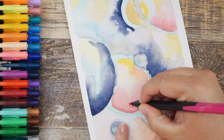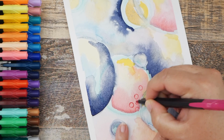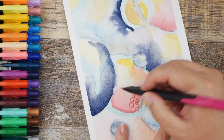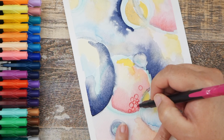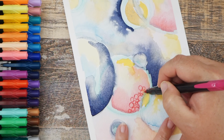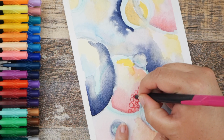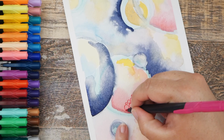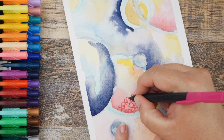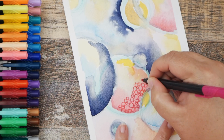So I'm going to start with my old favorite, and that is the circle, the lowly circle. And I'm just going to fill in some circles in this area here, kind of around this pink spot, and I'm doing them very close together, and I'm going to kind of color in around them so that they have some nice sort of shadowy areas. And so I'm having a lot of my edges touch here, and I'm alternating the sizes and getting right up to the edge of where that magenta paint is. And the ink is really nice in these,